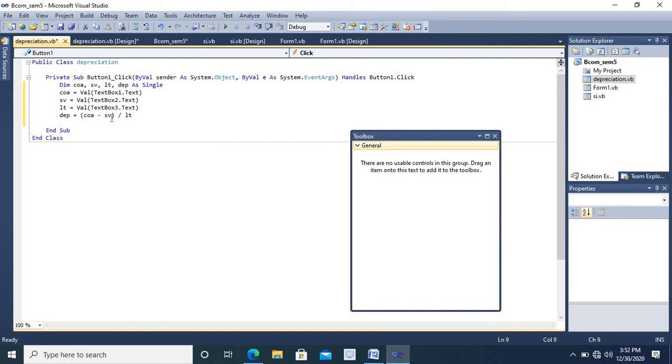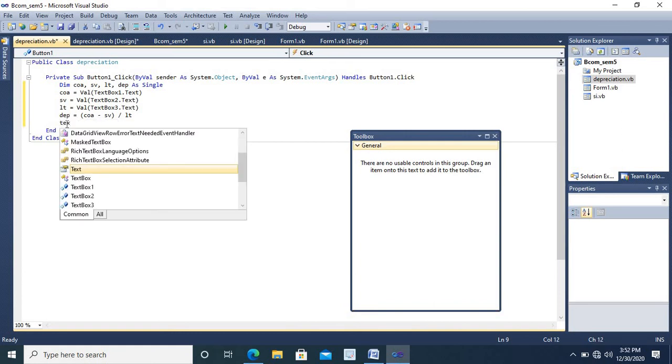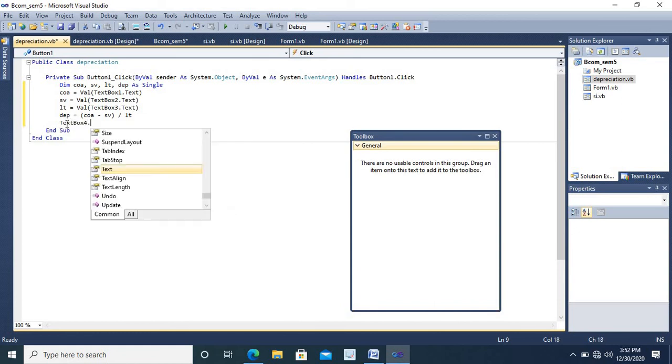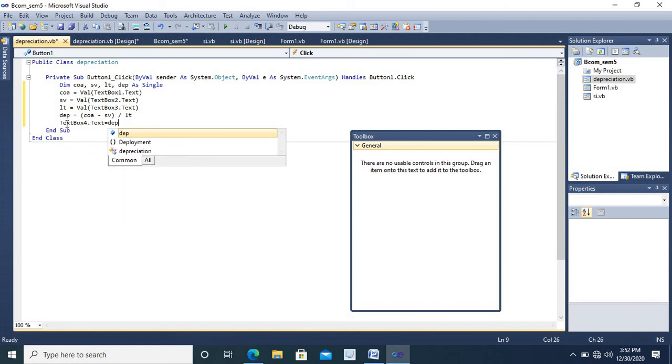Once the depreciation is calculated, it must be displayed into the fourth text box. For that we need to add the line TextBox4.Text is equal to DEP. So this is the code we need to add for depreciation.